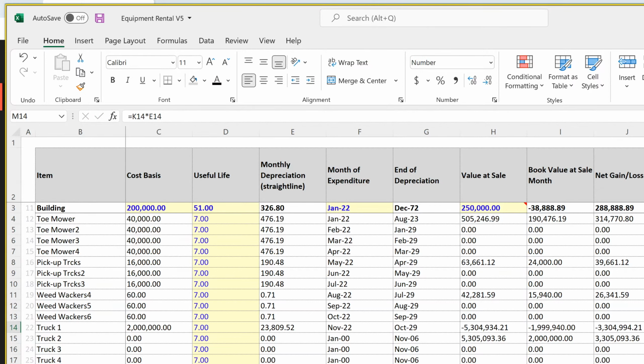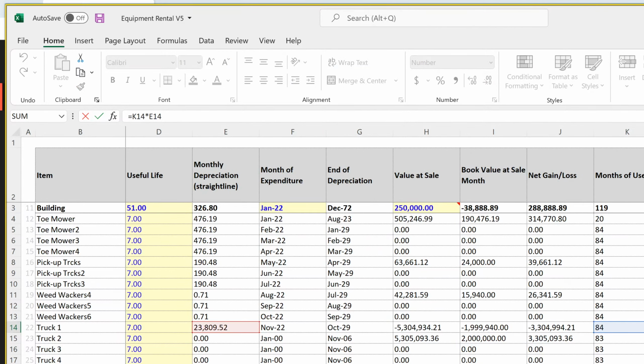So like in this case, it's saying it's fully depreciated. However, it's fully depreciated by year 7, which is not